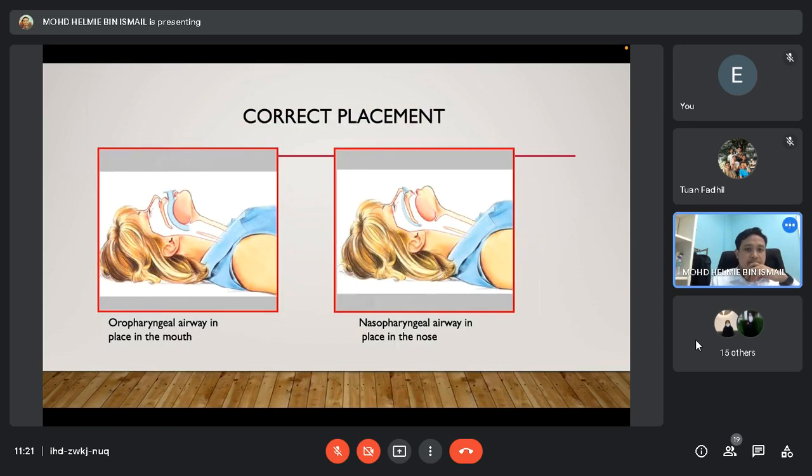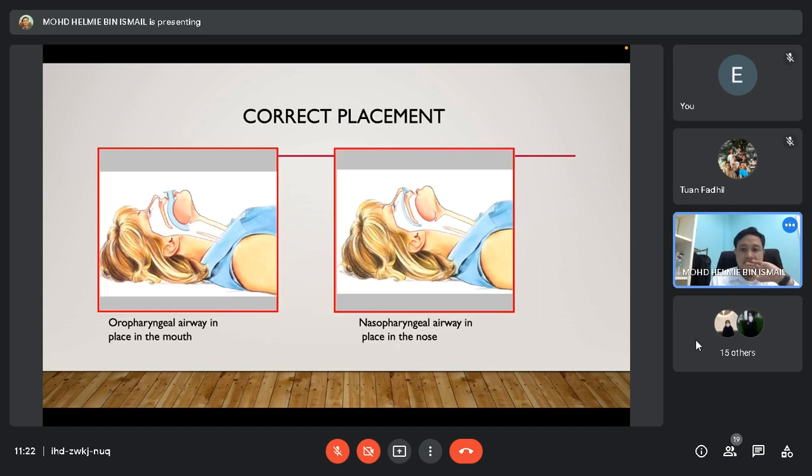Placement. How do you insert the oropharyngeal airway? Basically, you have two methods. Either you can put the tip of the nasopharyngeal airway touching the hard palate. I think this one I have to show you, otherwise you won't see it, after this. Alright,